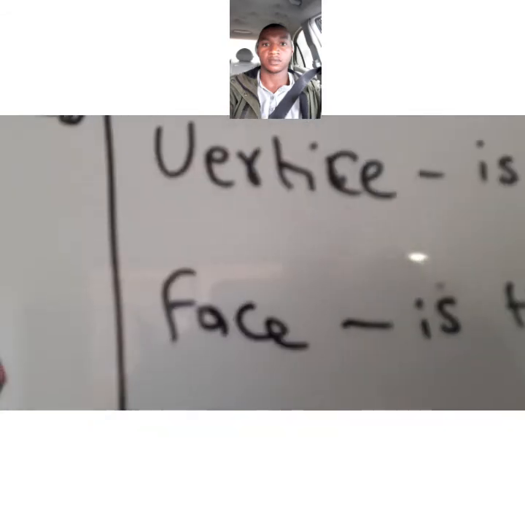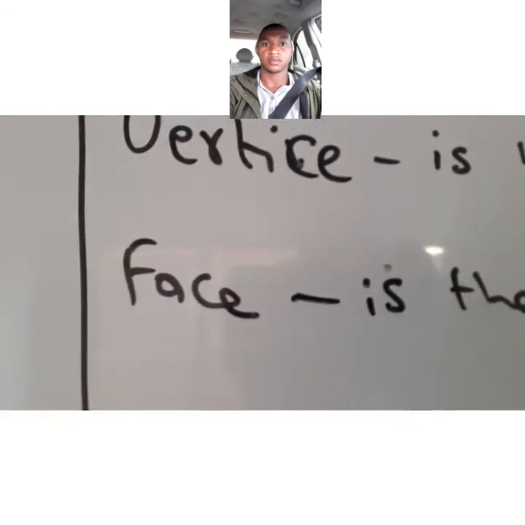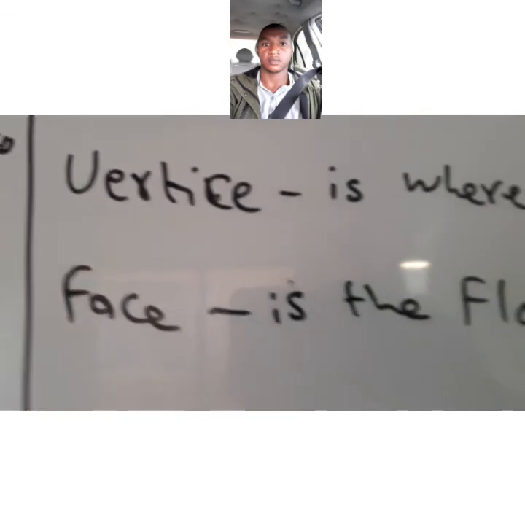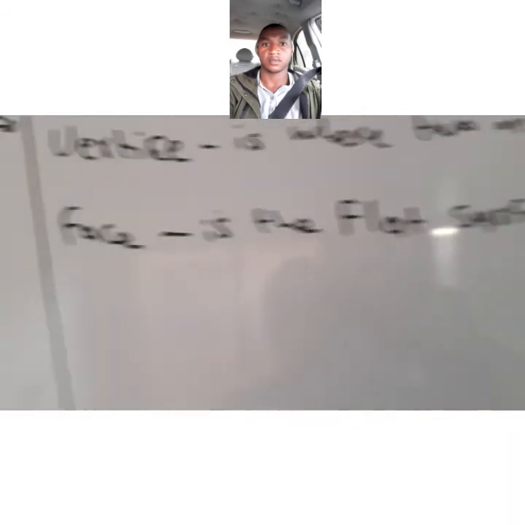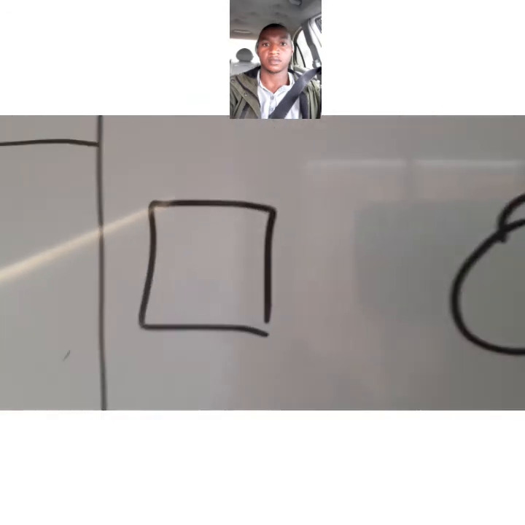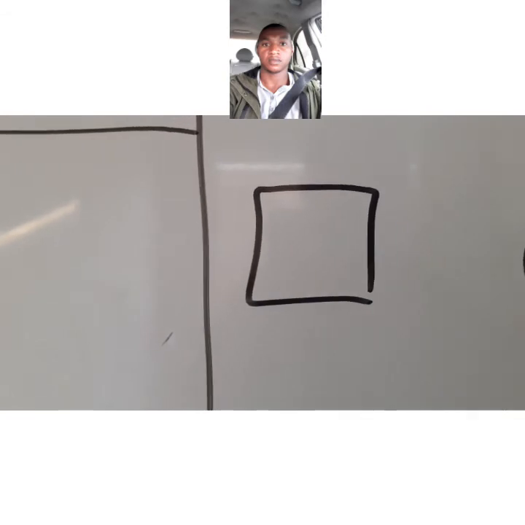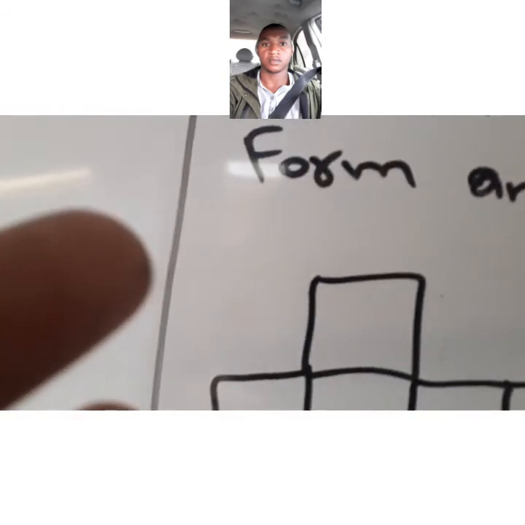So the last one is a face, or we call it faces. Face. They would ask you how many faces does a diagram have? Now a face is the flat surface area of an object. Like I've explained here, in my 2D shapes, they only have one face. Can you see that? It's only one face. Therefore, in my,